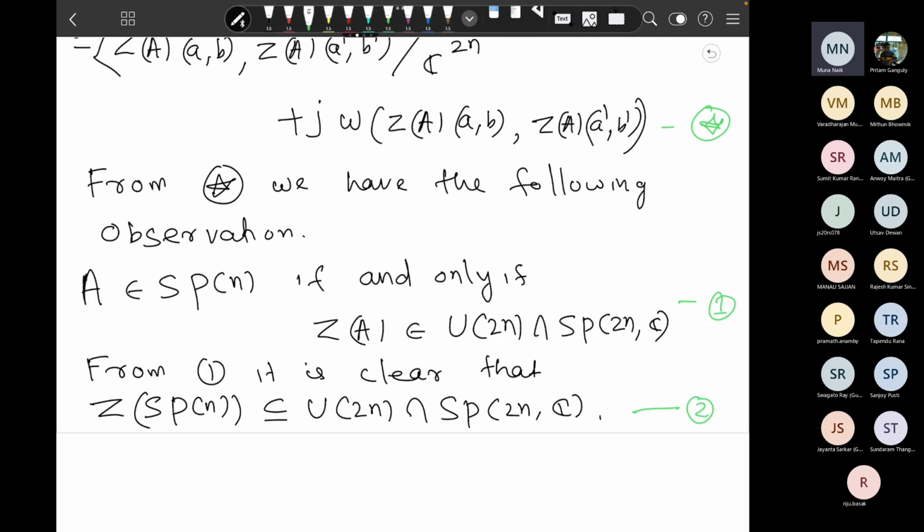I call this 2. Now I want to show the converse. So just wait, I will drink water. Okay, so for the converse,